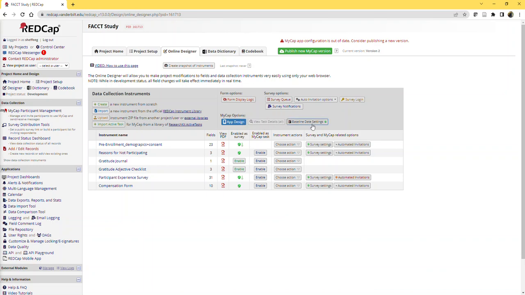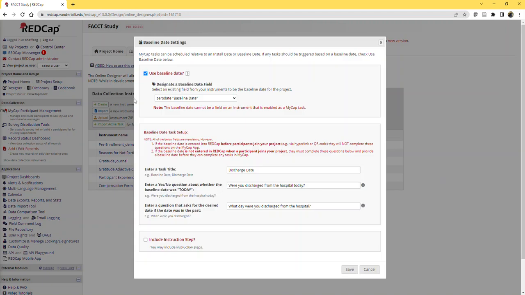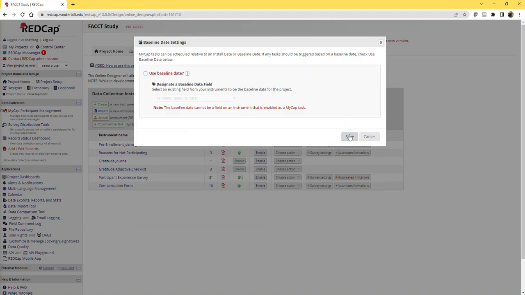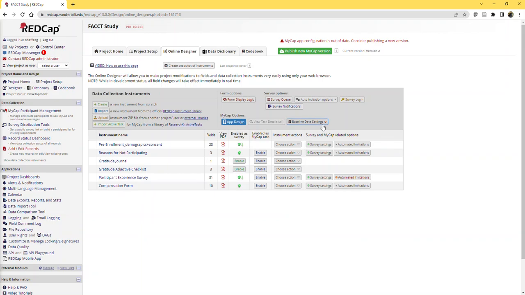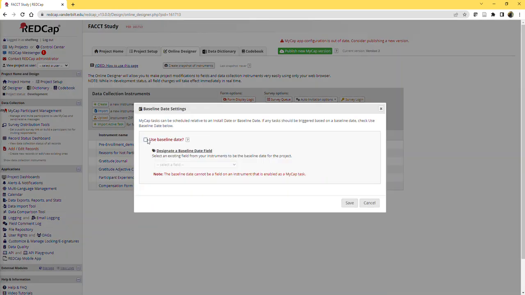But if participants in your project have an event that occurs and you want to set some of your tasks to be based on those events, like a discharge date. Maybe you have a discharge date and you want to schedule a questionnaire that checks in with participants every 3 days, at day 3 after their discharge and day 7, or maybe then once a week. So you could set that up. That's what this baseline date setting is. If you don't have the baseline date set up, it will look like this. But if you want to enable a baseline date, this